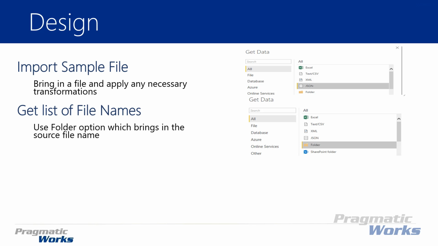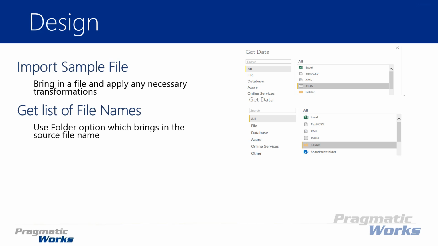do is set up and create a list, basically something that is going to collect what are all of the file names that exist in that folder, which we've already done, a little sneak peek. We just got to use the folder option here, but we're going to exclude some of the unnecessary columns. You might have seen it in the previous example, but we're going to go through it again. There's one column in particular there that's going to be really helpful for